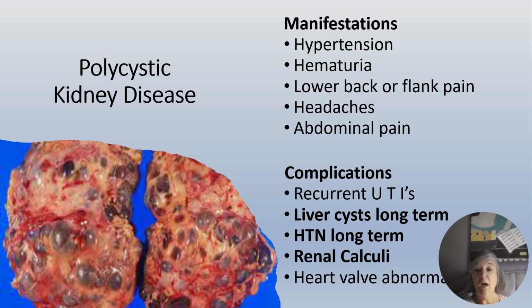Physical exam, the kidneys may be bilaterally enlarged. Okay, so we're going to see this reflected in increased abdominal girth. This disease can progress to end-stage renal disease in about 50% of patients by the age of 60. So basically, let's say that one that hits you at 30 years old is the most common. So you're living with this for essentially 30 years. And then at that point, you have a 50-50 chance of it having progressed to end-stage renal, which means then